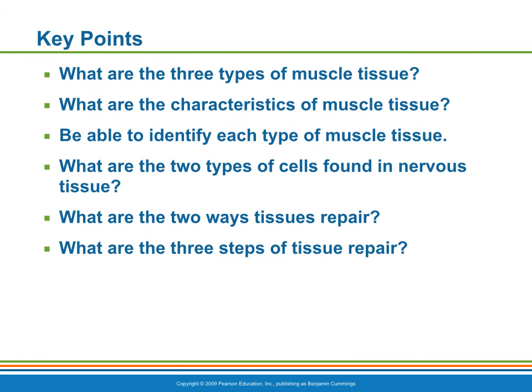So what are the key points here? Make sure that you know what the three types of muscle tissues are, what the characteristics of each of those are, be able to identify each of them, what the two types of cells found in nervous tissue are, and what the two ways tissue repairs are, and what those three steps are. Once you've got that, you've got